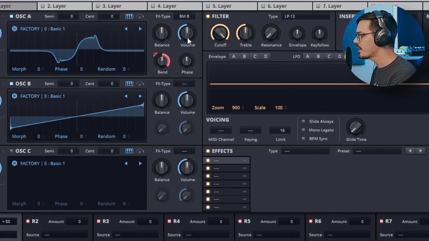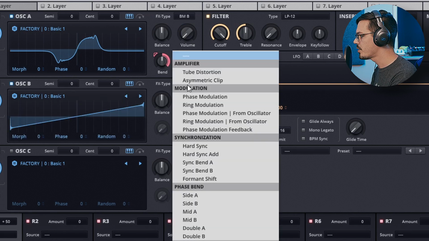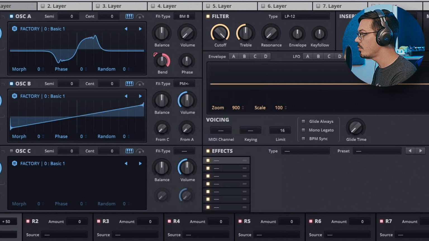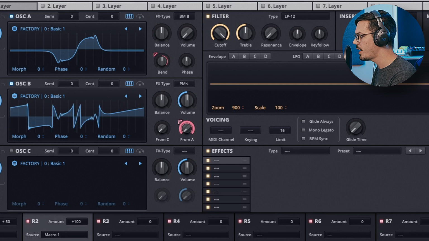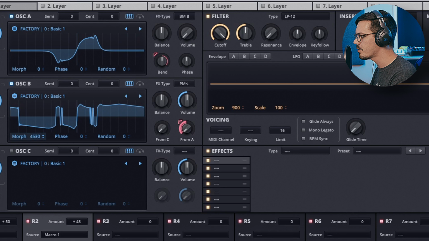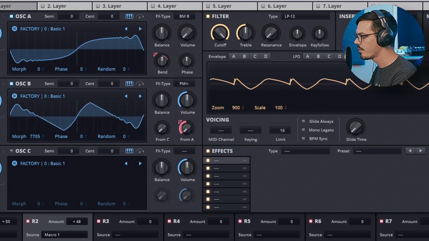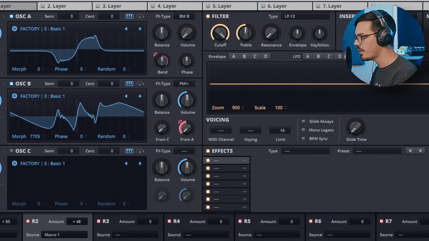Let's bring in a second oscillator and drop the volume of our first oscillator and then go to phase mod from oscillator A. And this way we're going to create some FM. So we're gonna FM from A is basically what we're doing here. Now let's change the waveform of this from a saw to maybe a triangle-ish sine and take a listen to that. So now we're starting to get something a bit more interesting, and you can see the final shape is a